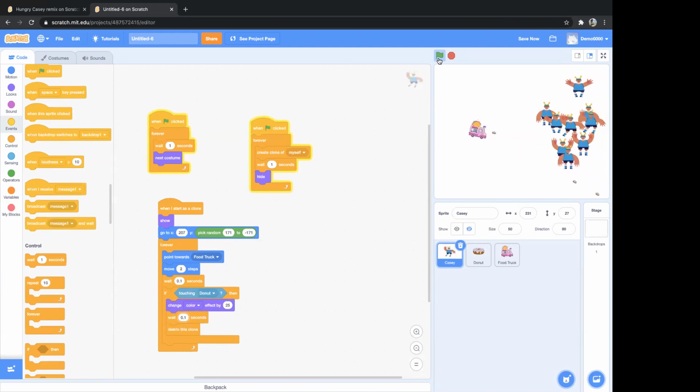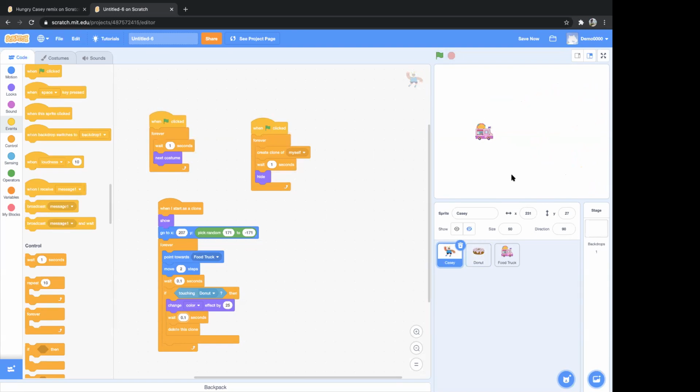Whenever the donuts are touching Casey, Casey will change color, so that we know that one time the Casey has been hit by a donut. So this is why we had used a food truck, so that we know which clone of Casey has touched the donut. Now we have done this thing.